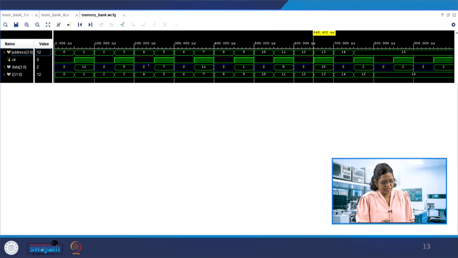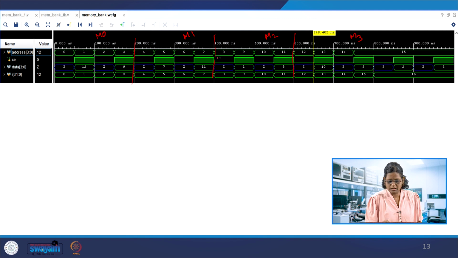The output would be the same here in the case of the memory bank. First memory is M0, then next one M1, then M2, then M3. So we have these 4 each.